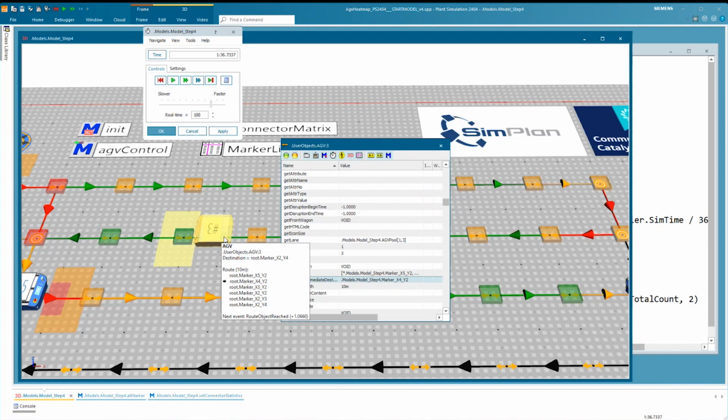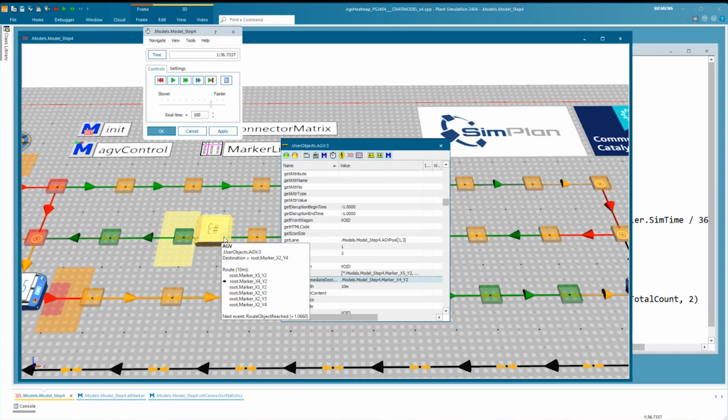Of course, there are many different ways of how you make AGVs drive around in your model. So this is right for this case where I use the destination and I have my markers connected with connectors. If you use something like set route, set route segments, or drive actions, it may be a different case. There are many different ways of how you can make them drive.